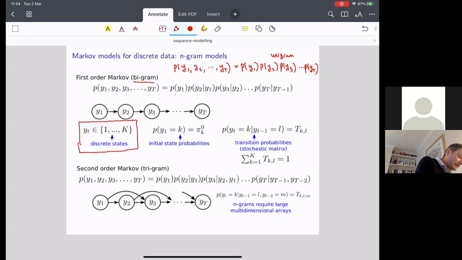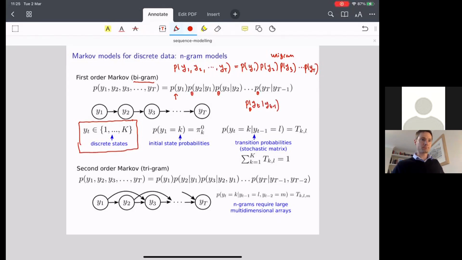We need to specify the distribution over our first state, and then the conditional distribution of any state given the preceding one, because we are going to tie the parameters of each one of these distributions. And so we just need to write down the probability of yt given yt minus 1, and we've specified